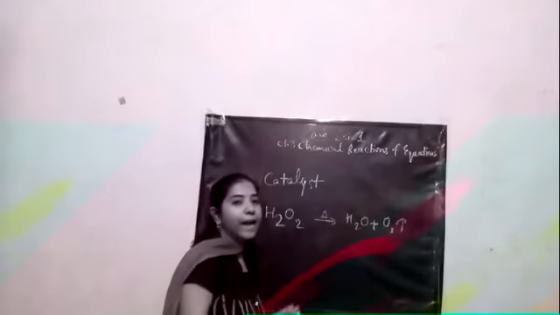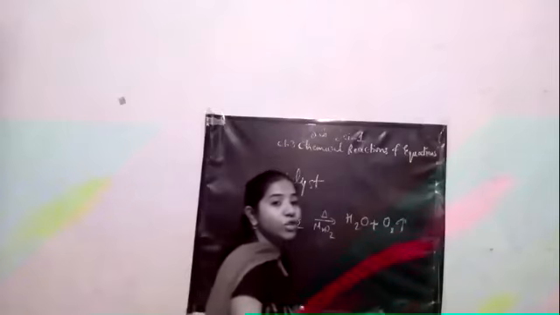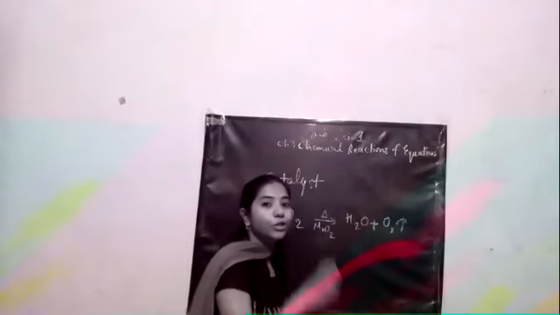This is the molecular formula of hydrogen peroxide, H2O2. Now this is an unstable compound. At room temperature also it will be decomposed into water and oxygen. Oxygen gas will be evolved. But in the presence of a catalyst, for example MnO2, manganese dioxide, the decomposition will take place at a higher rate. When the decomposition takes place at a higher rate, the reaction will be completed in less time.